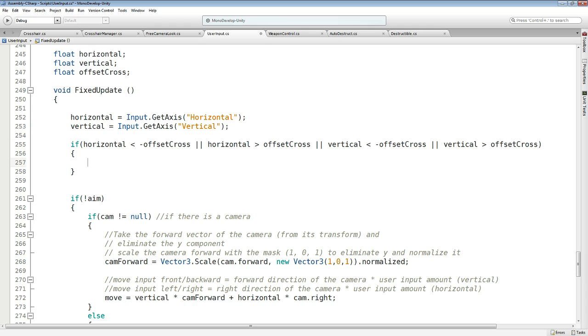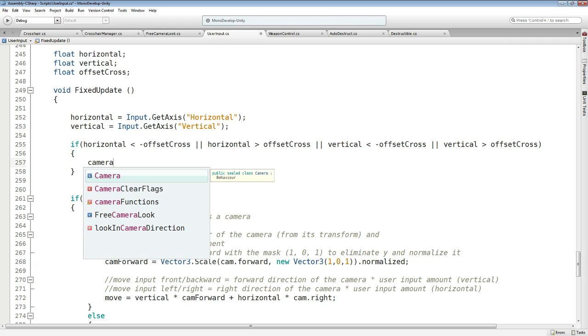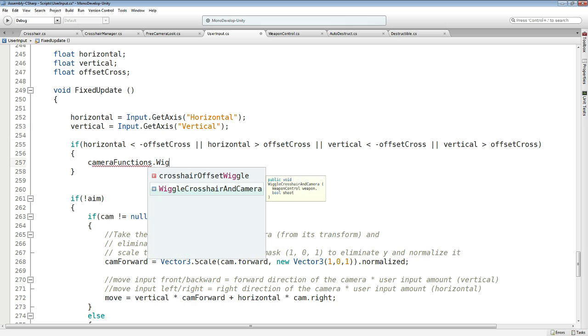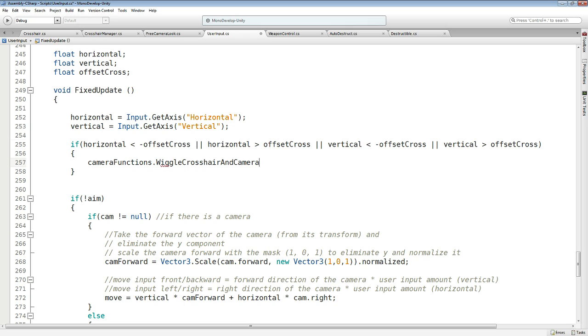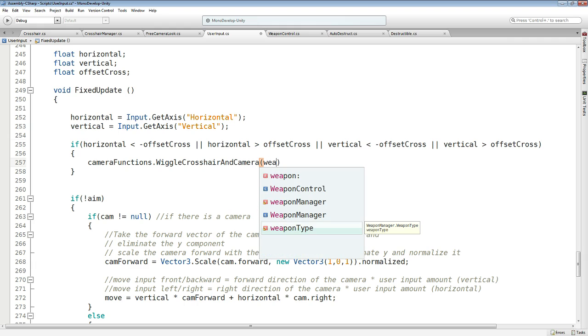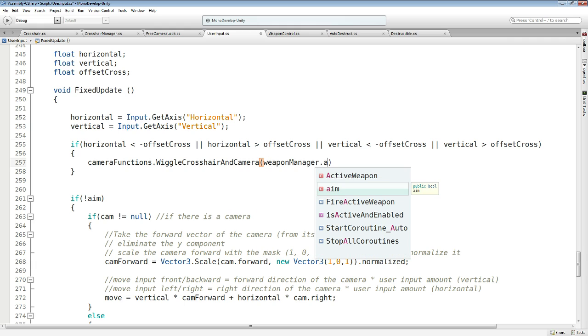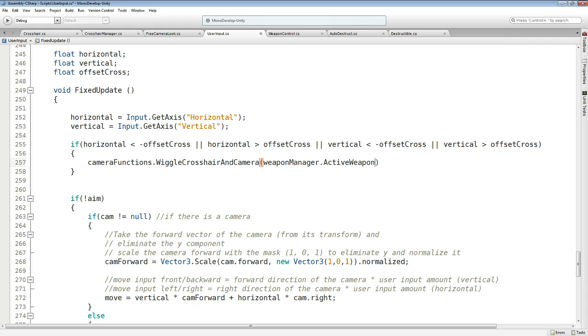So if there is any movement on either horizontal or vertical, we can say camera functions dot wiggle crosshair, pass our active weapon, and since we are not shooting, we don't want to apply the kickback to our camera,